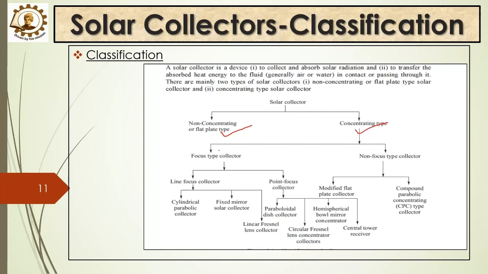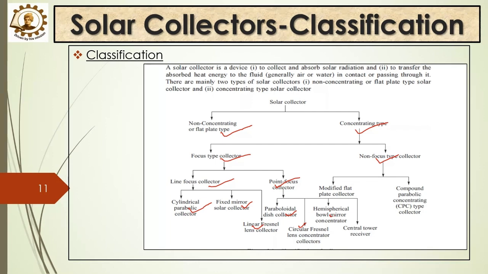And the concentrating type is also divided into two parts, that is the focusing type and the non-focusing type. The focusing type is again divided into two parts, that is the line collector or line focus collector and the point focus collector. Line focus collector is divided into the cylindrical parabolic, the fixed mirror solar, and the linear Fresnel lens collector, while the point focus is divided into the paraboloidal, circular Fresnel lens collector, and